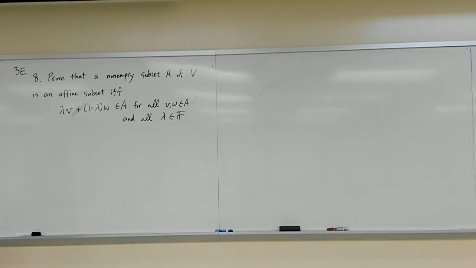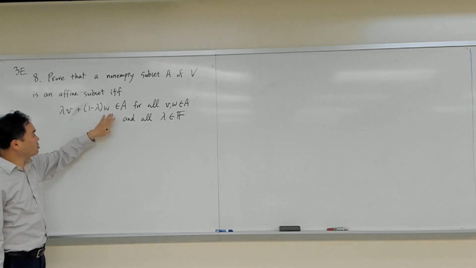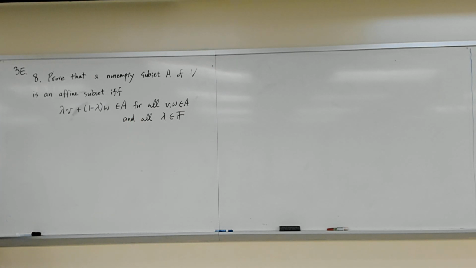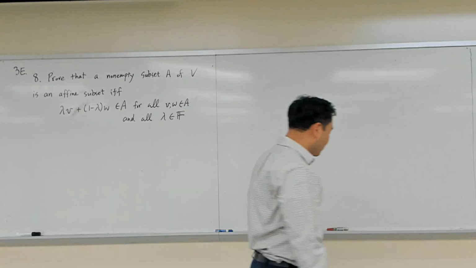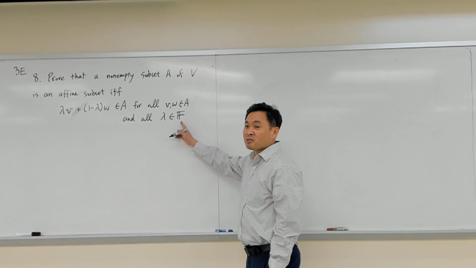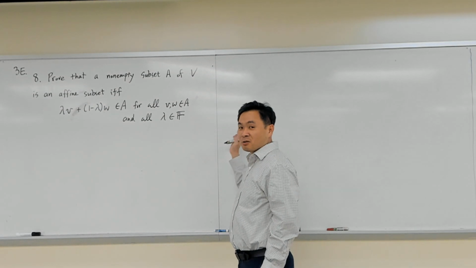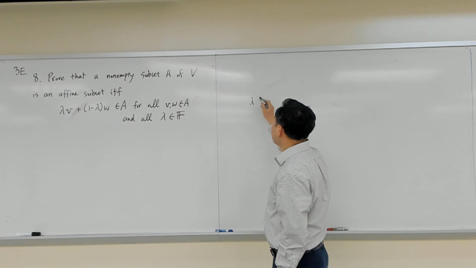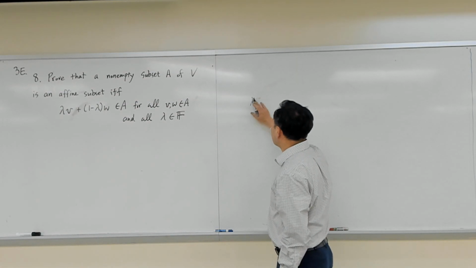Okay, so let's try this question. Prove that a non-empty subset A of V is an affine subset if and only if lambda v plus 1 minus lambda w is in A for all v, w in A and all lambda in F. Although this F could be a complex number, and in that case, my analogy breaks down. But if your lambda is something between 1 and 0,